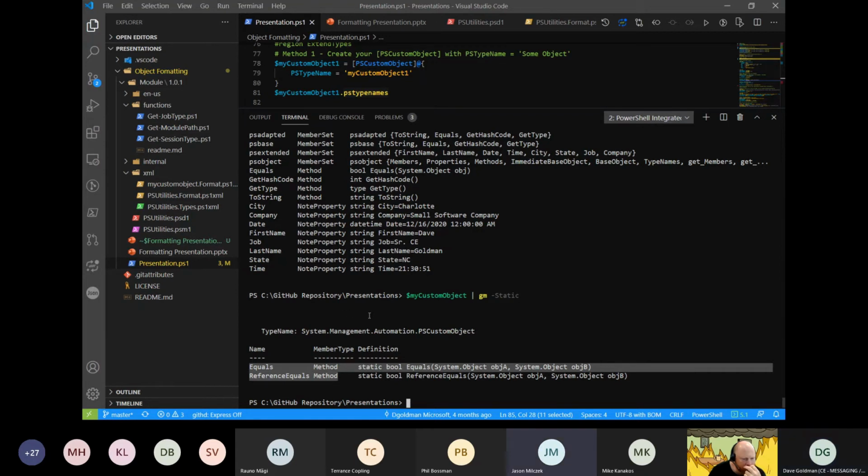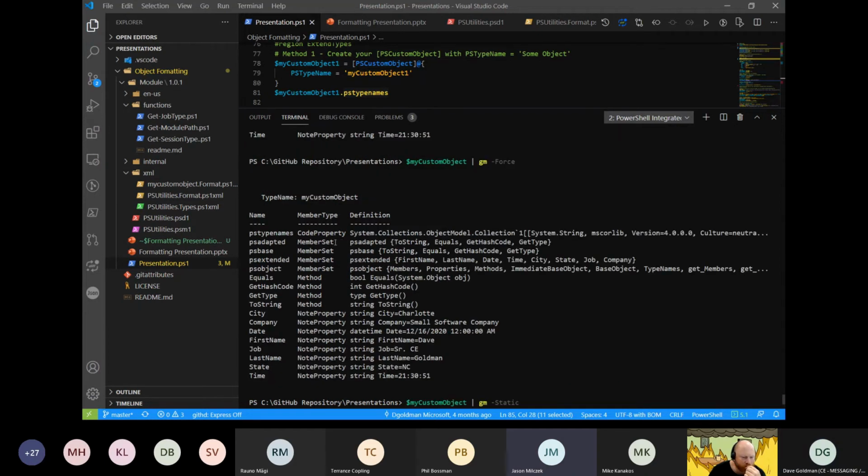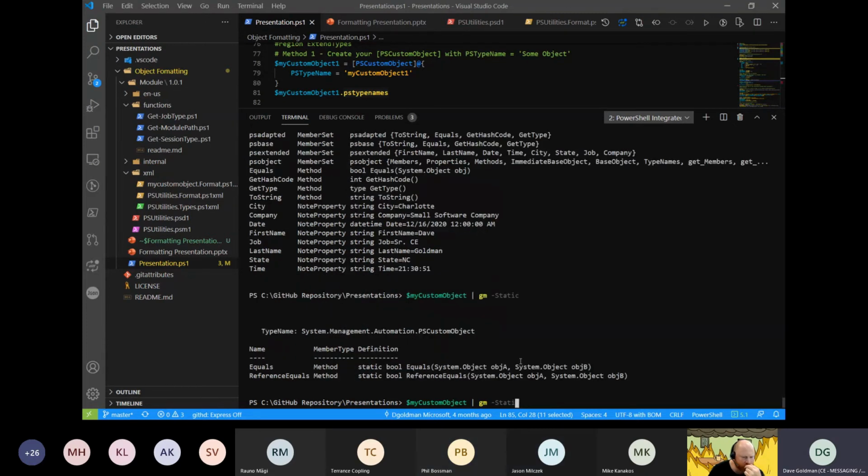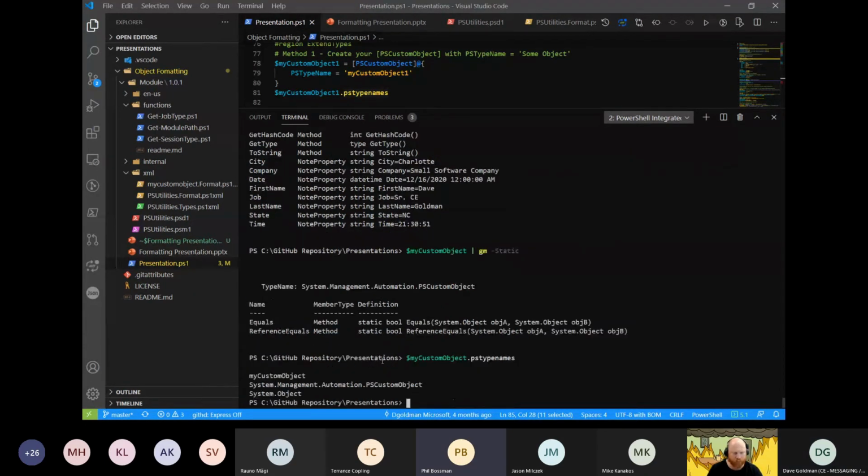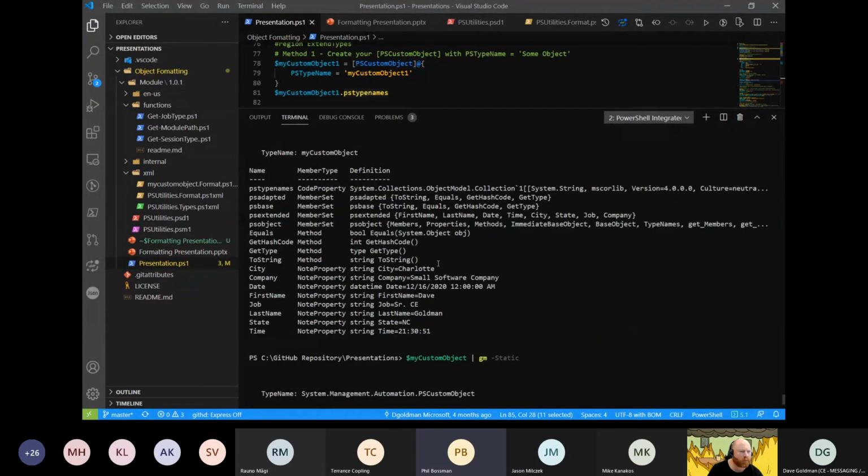So it's putting them still in a subproperty of PS type names. There's that top one of type name that just shows, I guess, the first one, the very top above your table. Yes, that is correct. It is showing you just the first one. It's like a view of the object type view. It's kind of crazy. So it's just the type name of whatever happens to be the last one. But all of them are in the type name. Yes, they all get populated here.